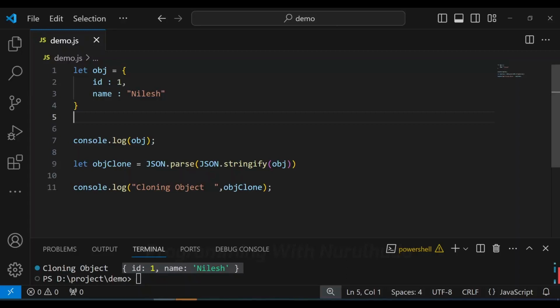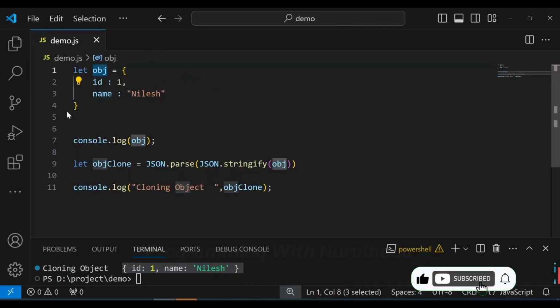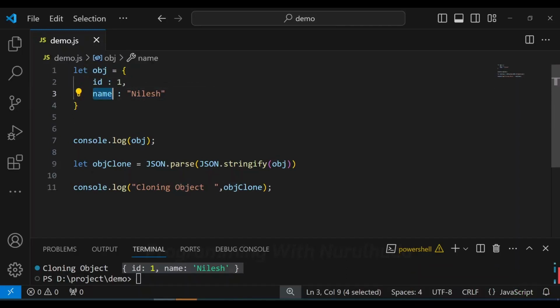We can see how we can clone an object in JavaScript. First, here we have an object with its properties ID and name, and we print it here. Next, if I want to clone this object into another object, first of all I convert it